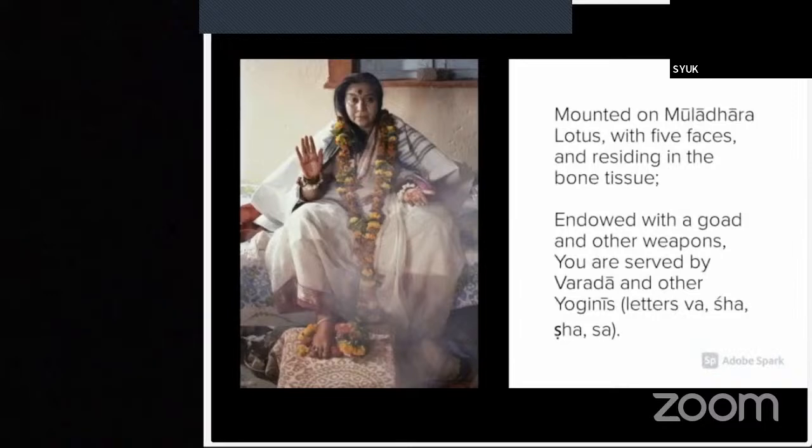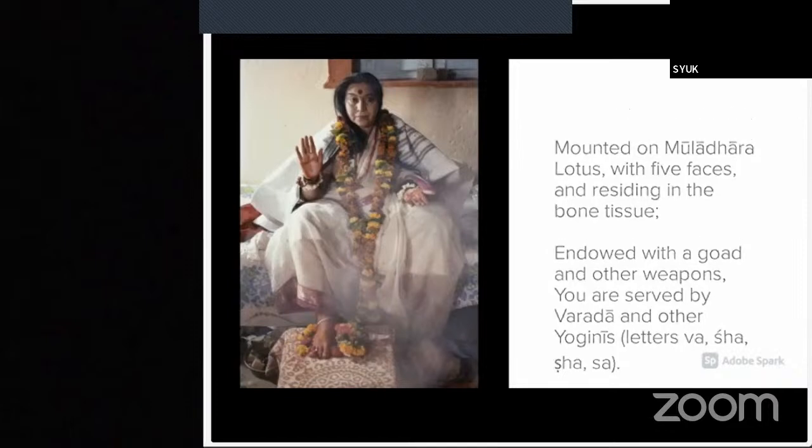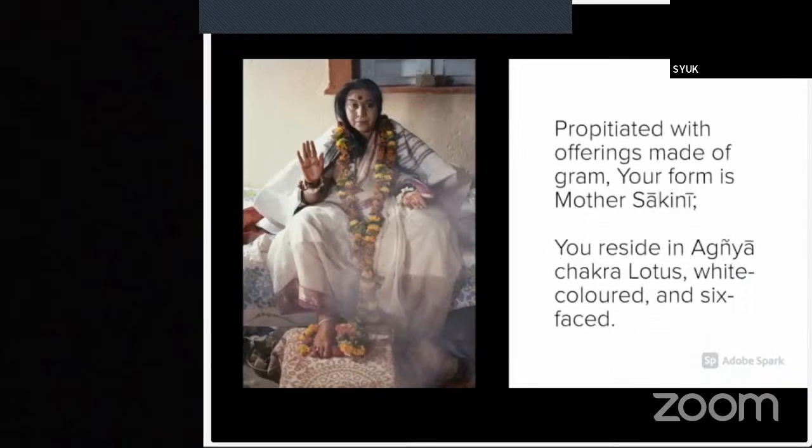Mounted on Muladhara lotus, with 5 faces and residing in the bone tissue. Endowed with a goad and other weapons, you are served by Varada and other yoginis, letters Va, Sha, Sha, Sa. Propitiated with offerings made of gram, your form is Mother Sakini.